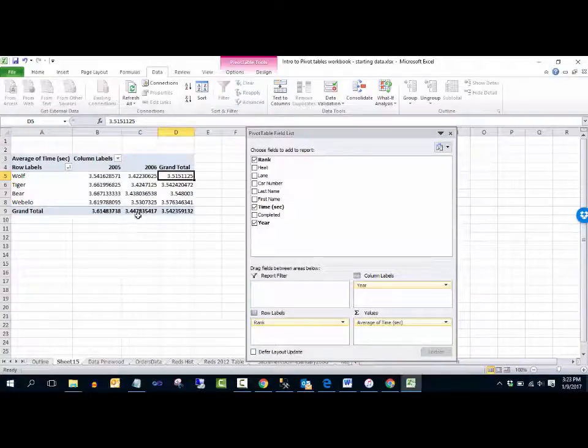We can see that in 2006 the average time went down, and there's actually a reason for that. A bunch of the parents got together and we had a homemade rickety wooden track, and we did a lot of work to smooth out the rough parts and the seams and everything. So the track was actually a lot smoother in 2006, and the data show that. We have just gone through and shown all four sections of the pivot table